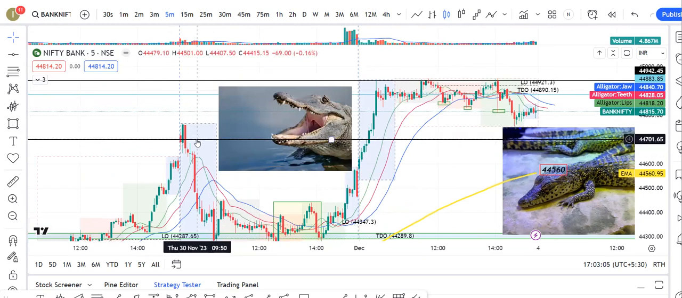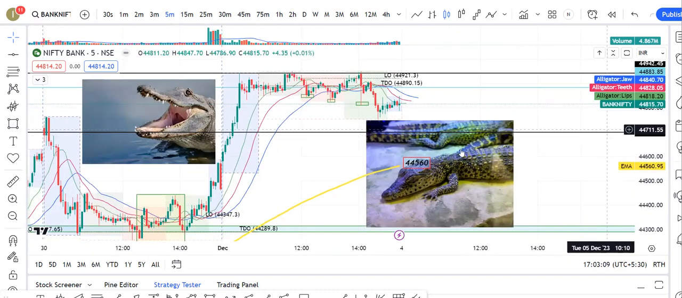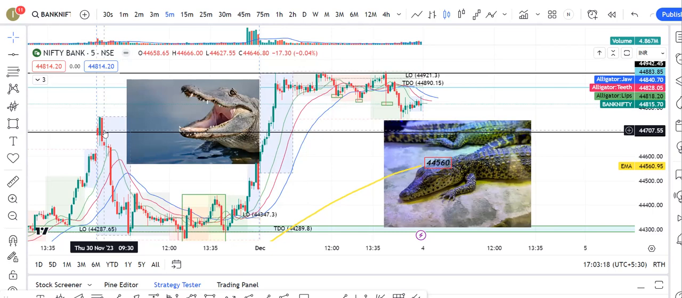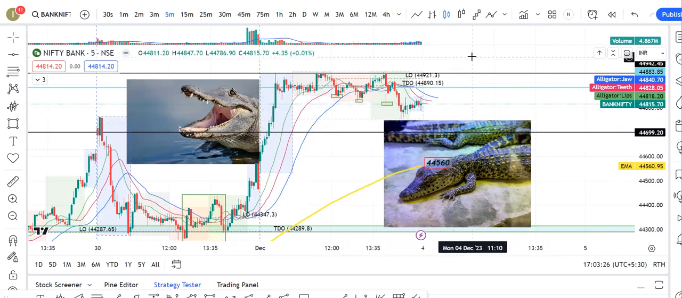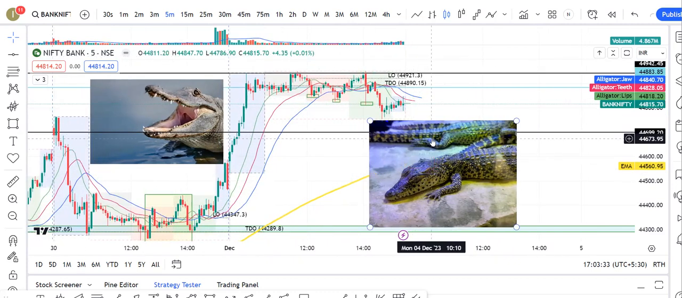And this level, 44,701 is the level, and 44,695 is this session's opening, the micro session opening level. So this may act as a support. For example, on Monday, if it takes support, you should go long. You should go long like that. So you know the support levels